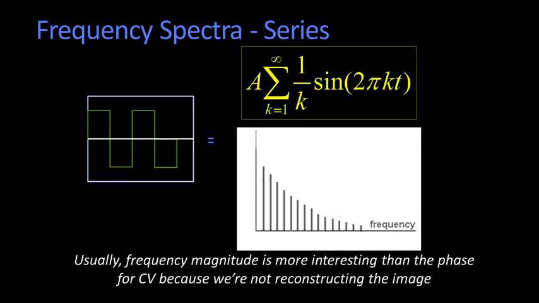And the reason we're not talking about phase is our goal is not to reconstruct an image. Typically what we're going to want to know is how much power there is in each of the different frequencies. In computer vision, we're interested in analyzing what's going on. If we're actually going to reconstruct images, then we would probably have to worry more about the phase to get a better reconstruction. But we're not going to do that today. Given this idea that any signal, certainly any periodic signal, can be made up of a sum of sinusoids,